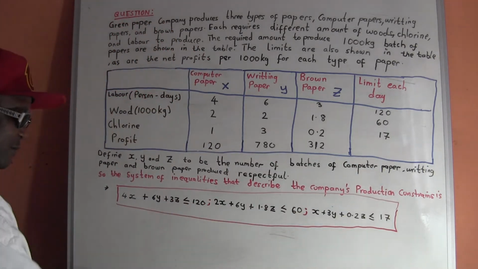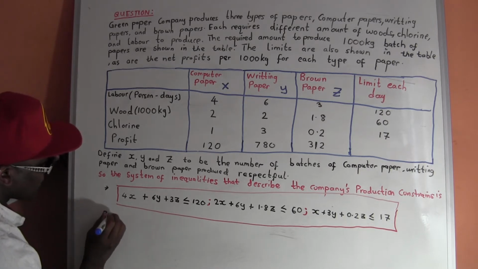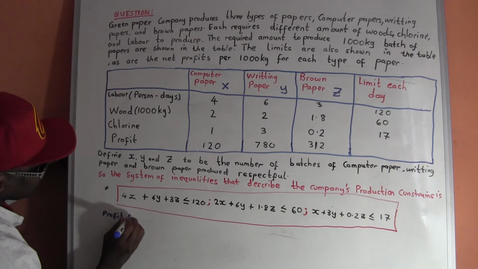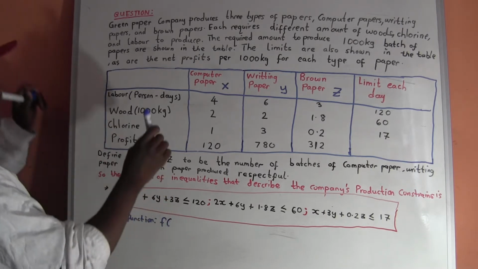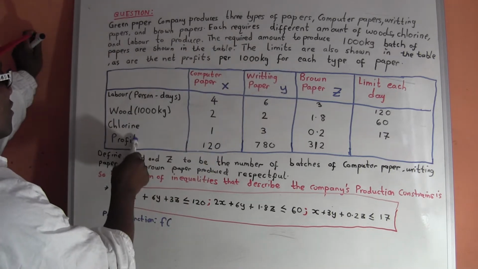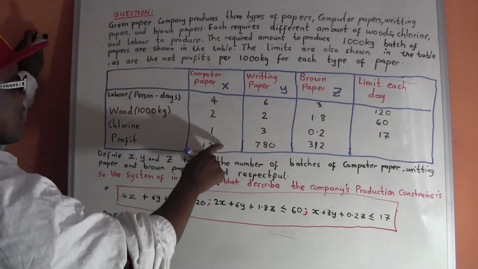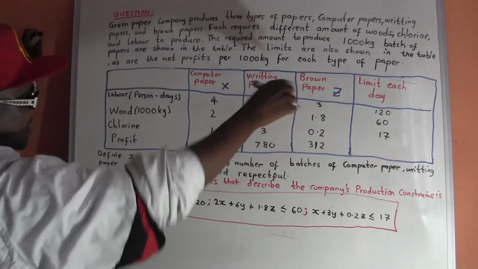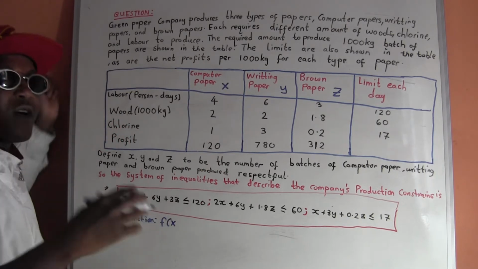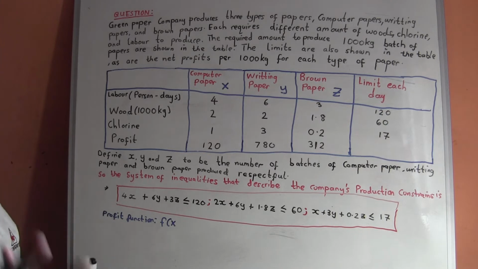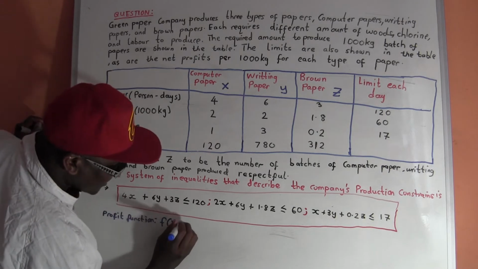Okay, profit function now. Or I can call it F, but we have three letters X, Y, Z, because to make a profit, you need brown paper, writing paper, and so on. A function is usually a function of X, but in this case it's three papers, so F of X, Y, and Z